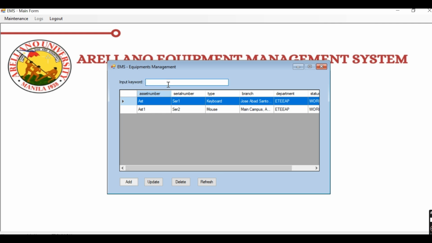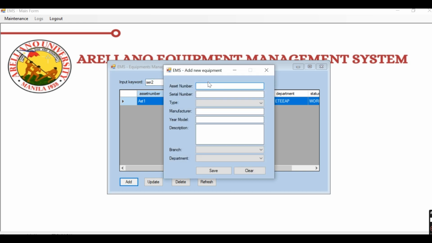So you also have here the search button. So just type in, for example, you want a serial number, so it's there. So here I will be showing you the same thing as the administrator, but more on validation. So for the validation, of course, we want to add, for the serial number. So I'll be showing you a validation, where you can see later on.